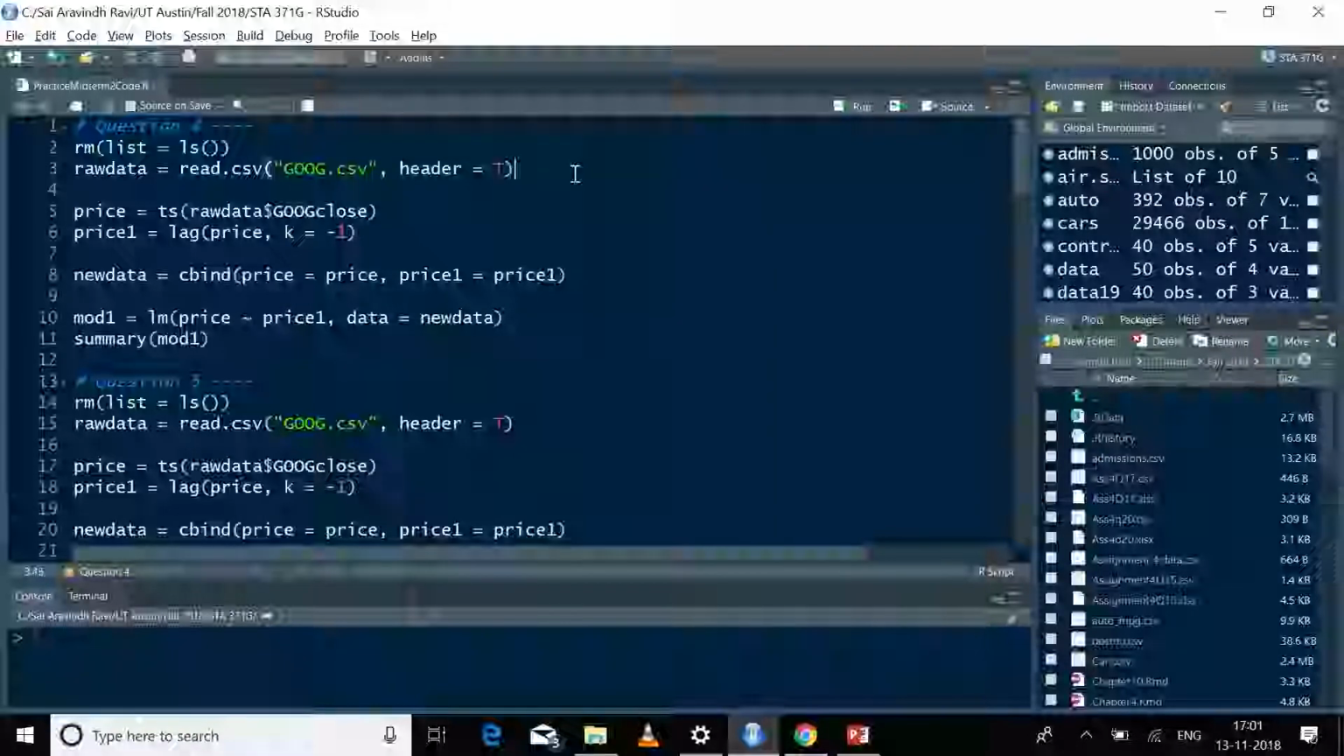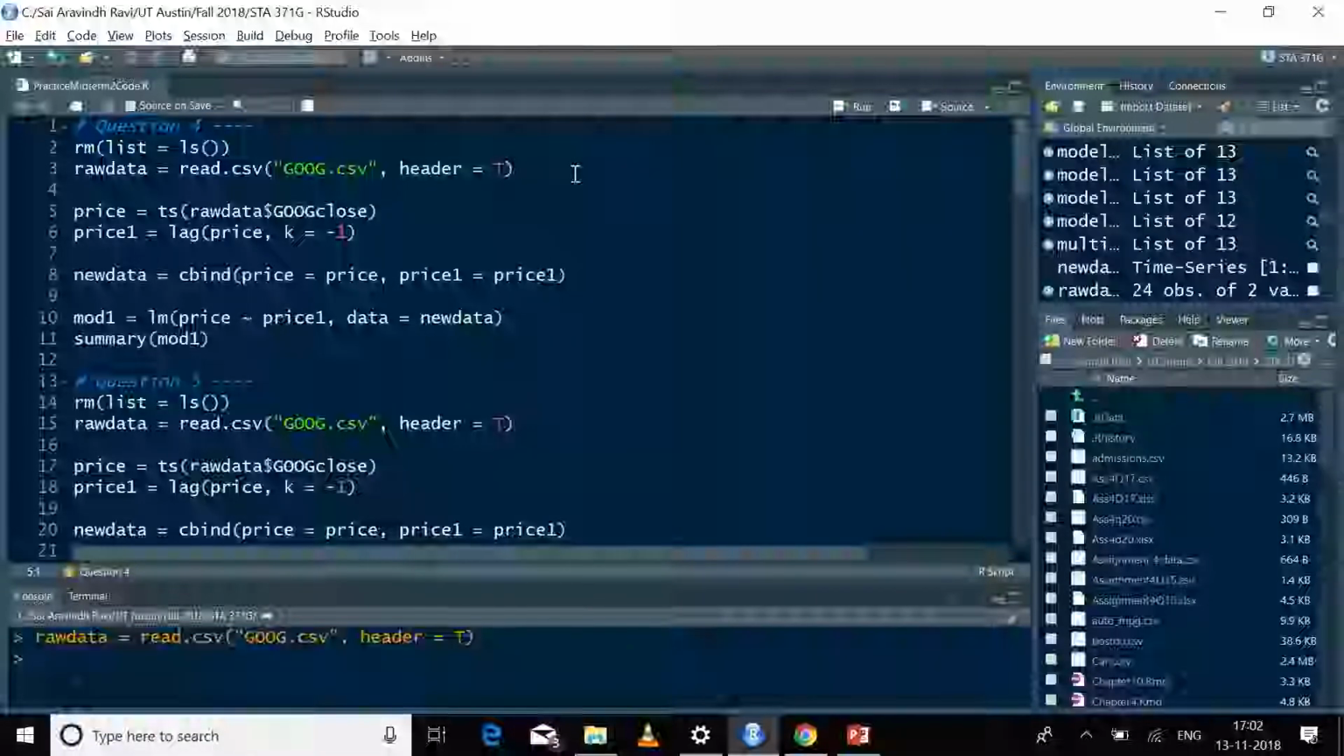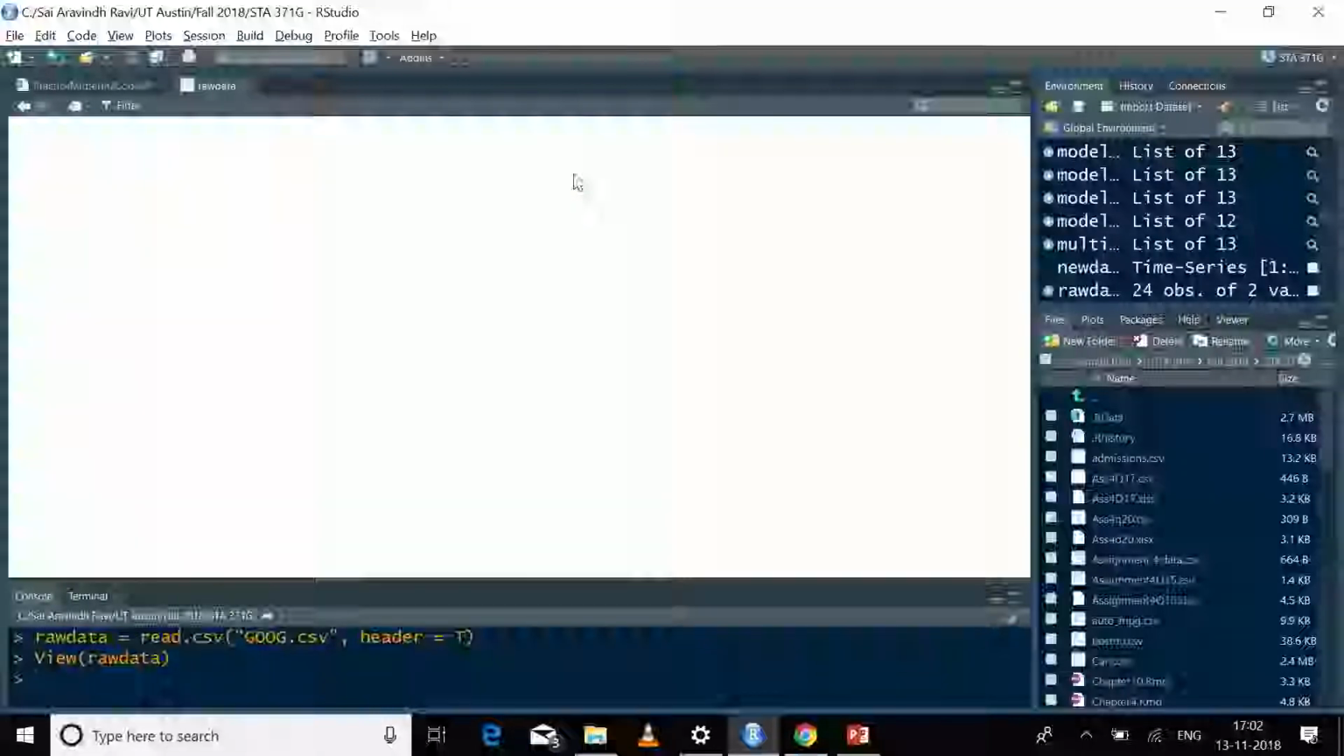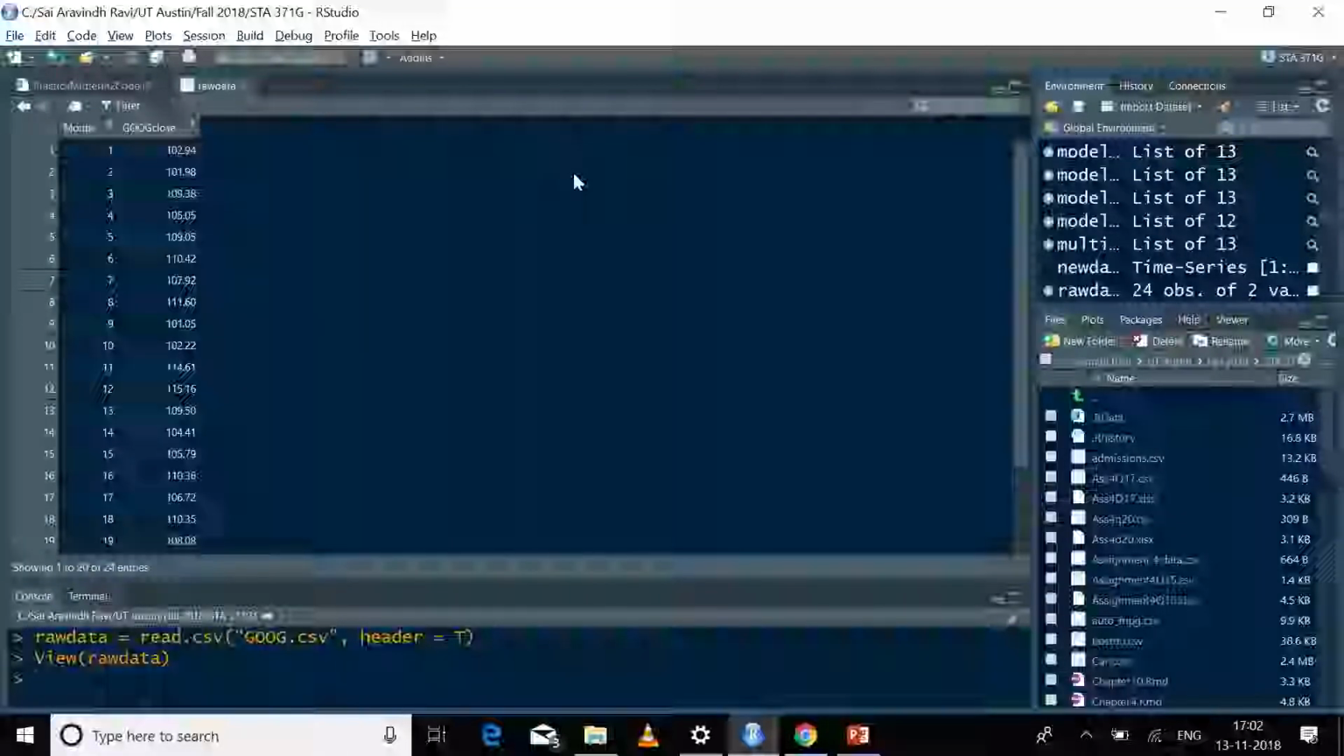So that's what I'm doing here. I'm importing the data, naming it raw data, running that. So now it will be there in my global environment. Now if I look at this raw data, let me view raw data for you. So this is what it looks like, right? I have a column for month and